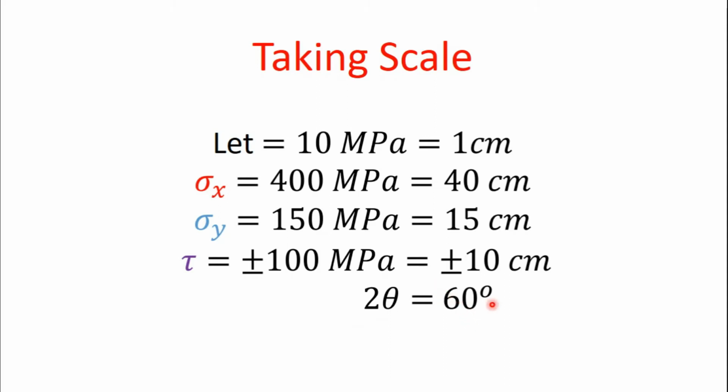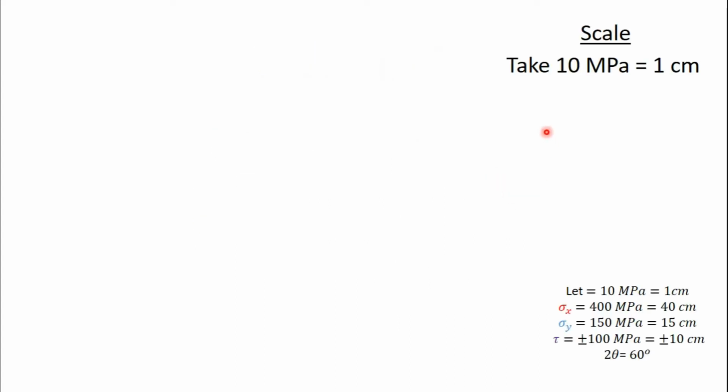One thing to keep in mind is that you can choose the scale as per your convenience, because mostly we have to draw the diagram on A4 size. So 40 centimeter is quite a large length compared to A4 size. You can take a larger scale, that is 20 megapascal or 25 megapascal equals 1 centimeter, and accordingly your values will be reduced and may come in the range of your A4 size paper. Beginning with the Mohr circle, I have already taken 10 megapascal to 1 centimeter, and these values are written in the right corner of the screen.